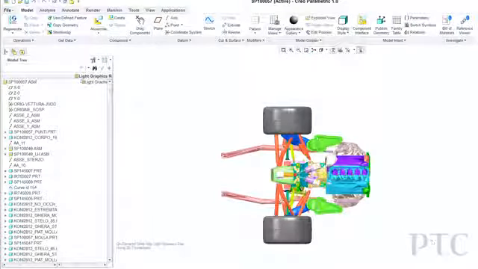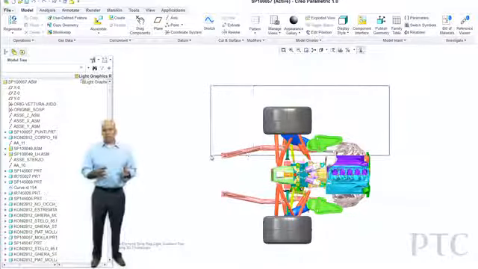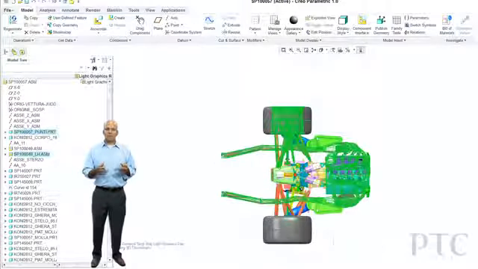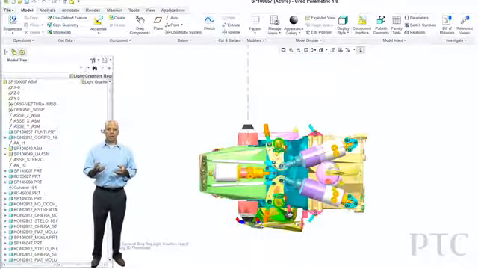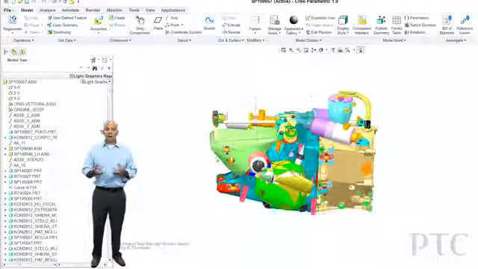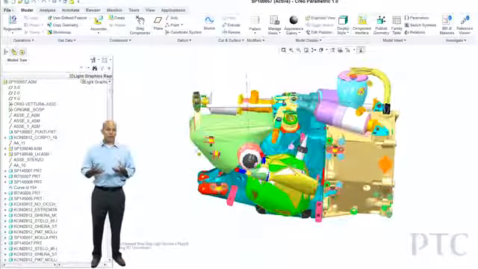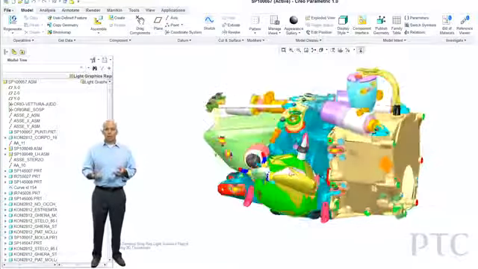And what you'll notice is that we're basically populating the graphics with the Creo viewable of that assembly. The full assembly structure is there. And then I can interactively start loading more data as I narrow down where I want to work on that assembly specifically. Maybe it's a subsection of the transmission or something like that, or I want to define a work environment on the fly, or define a simplified rep as I'm going.